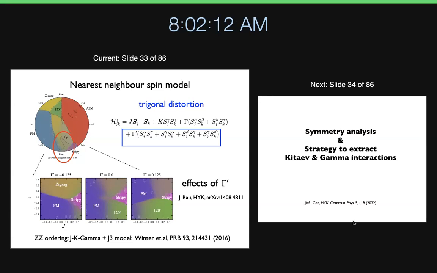In fact, if I solve the classical model, zigzag comes all the way here. So this point in a classical model is a point by the definition of classical model. And then they will meet the stripe and zigzag 120, all these things will start to meet together. Yeah, so then the transition from here to ferromagnet, given this looks very sharp, but again, it's a finite size effect. So who knows, this might be a finite size effect. It looks like a first order transition, but it can be second order.